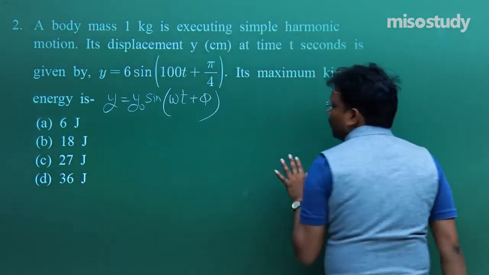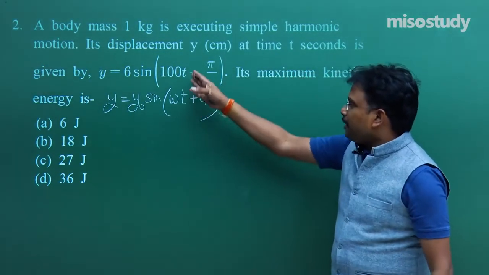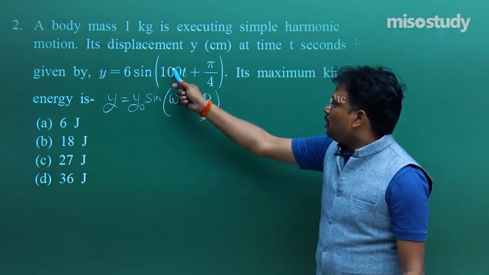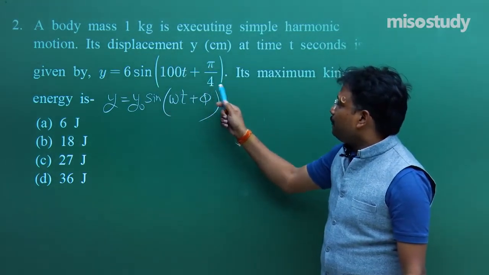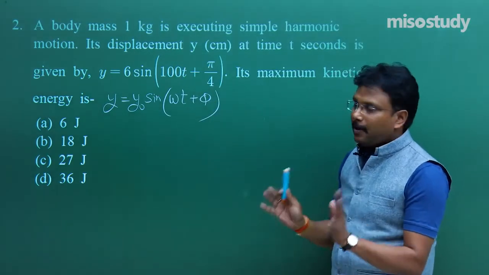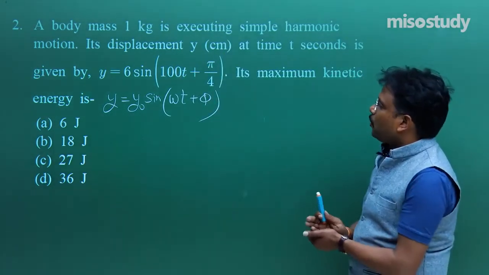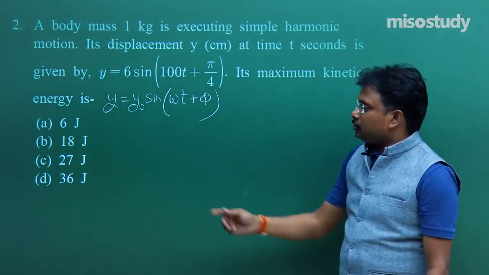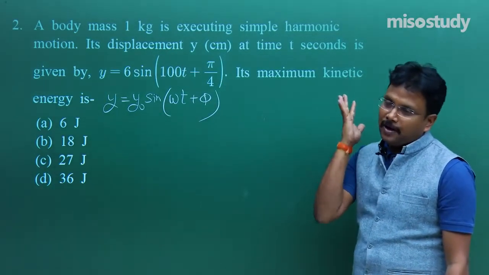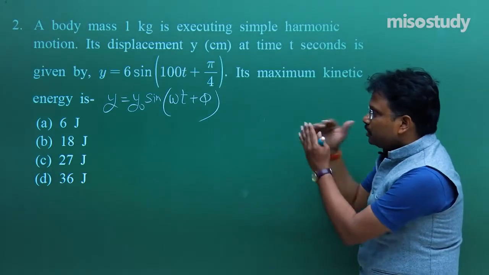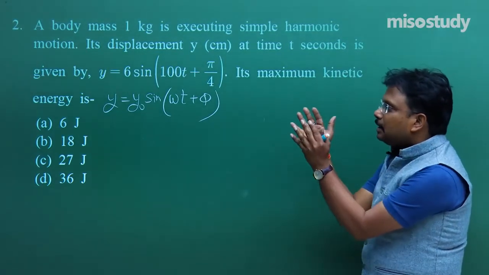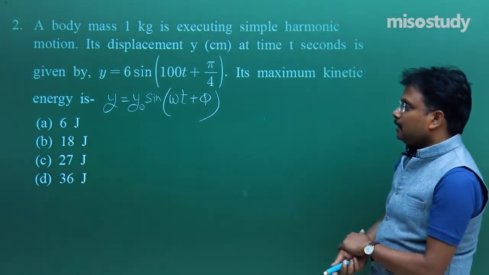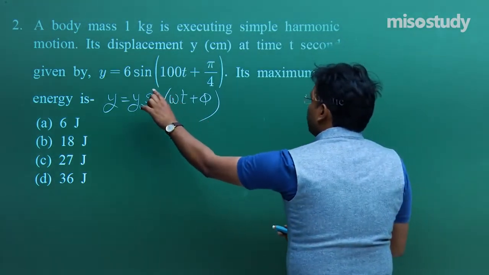Now, I am going out of the frame. Now, please match it. Amplitude, sine omega t, pi by 4, that is the phase difference. Fine. So, now I hope it's quite clear to all of you. Its maximum kinetic energy is how much? Fine. The approach in this problem is slightly broader. Why exactly is it so? Fine. Let me mention a few points over here.